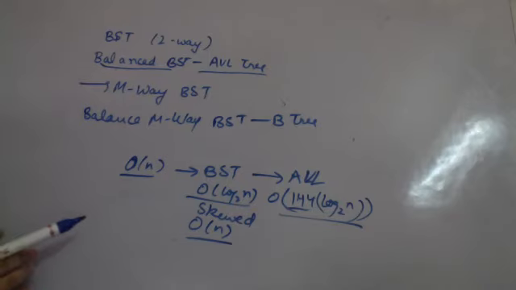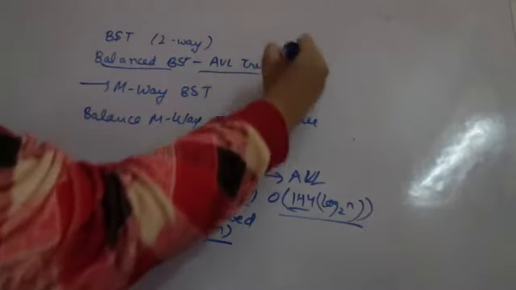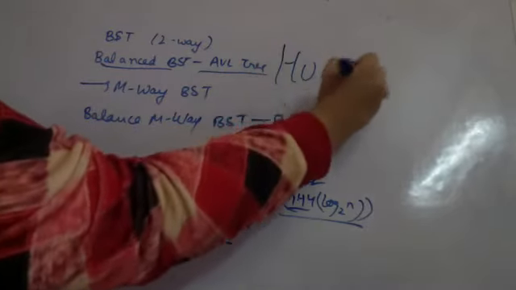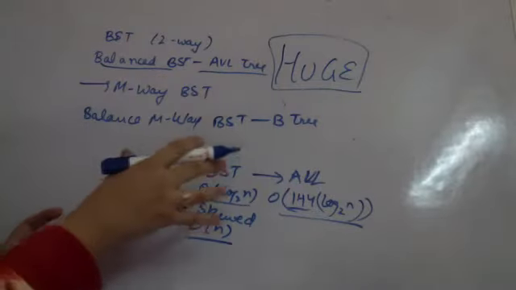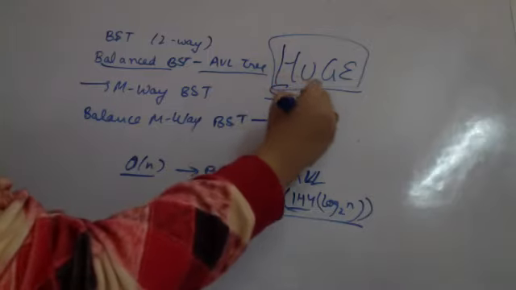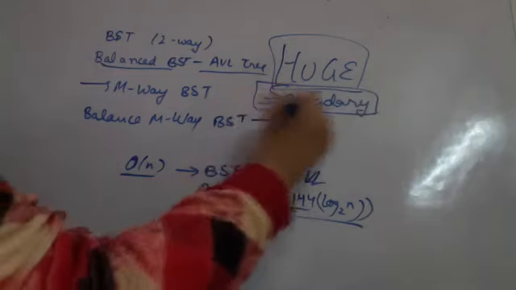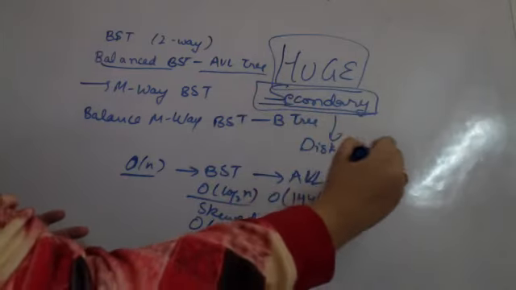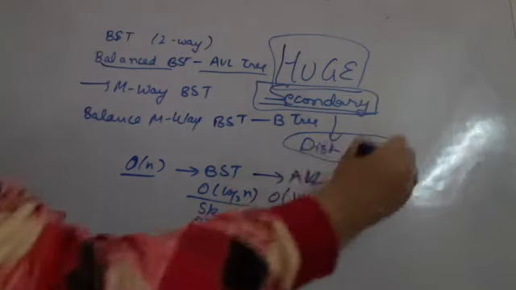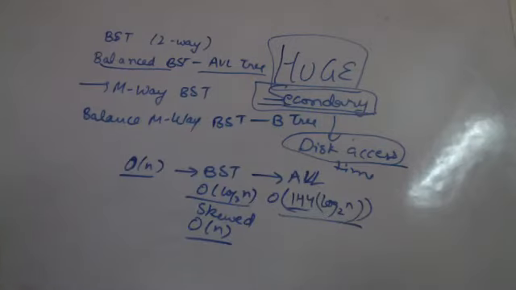and they are balancing the height, but there are times when we are using huge data. So when you are using huge data, the entire data cannot be stored in the primary memory. So we have secondary memory coming into the picture. When secondary memory comes into the picture, we have to do something called a disk access. And disk access is very costly in terms of time, especially. It is costly in terms of cost also, but in terms of time.